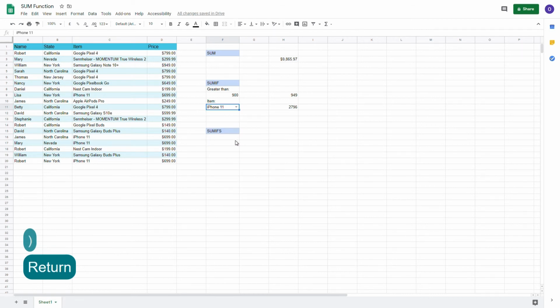Finally, we reach the function SUMIFS. This function is used to sum up cells that meet multiple criteria. For example, it can be used to sum up values when the adjacent cells meet the criteria. Let's say we want to know how many sales we made from selling a specific item in a specific state. We'll write item and state,